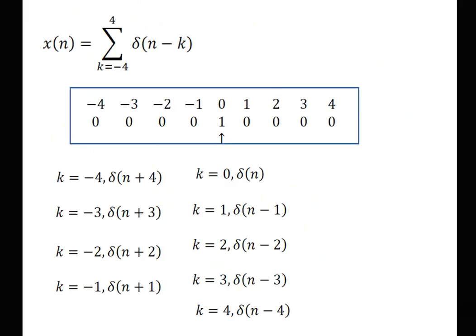Now here in the problem summation is given. First we will try with all the values. This is the delta function which is 1 when the value is 0, and for all the rest of the values it is always 0. First we put the value of k as minus 4. When we put k equal to minus 4, the function becomes delta n plus 4; k equal to minus 3 gives delta n plus 3. In this way we put all 9 values, from minus 4 to plus 4. So we get delta n plus 4, n plus 3, n plus 2, and so on up to n minus 4.